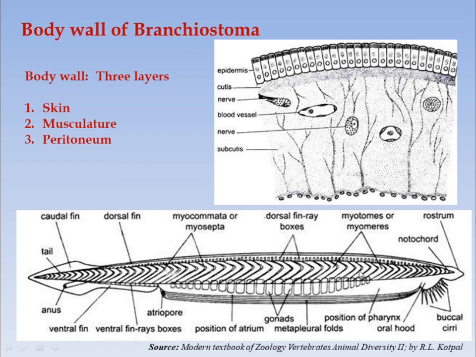Also, you can see these muscles show metameric segmentation. As you can see, they are divided into blocks. This type of division is called metameric segmentation, and they are arranged throughout the length from the anterior-most to the posterior-most region, meaning from trunk to tail, throughout the length of the body. And one important feature of these muscles is that they are V-shaped muscles. As you can see, this white portion, these are the V-shaped muscles.